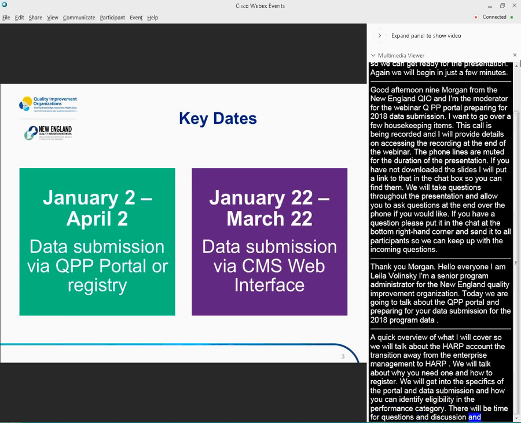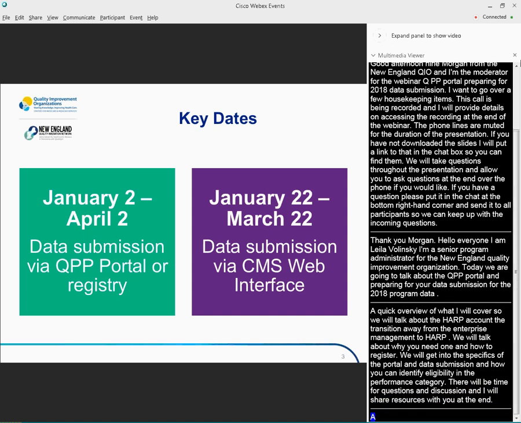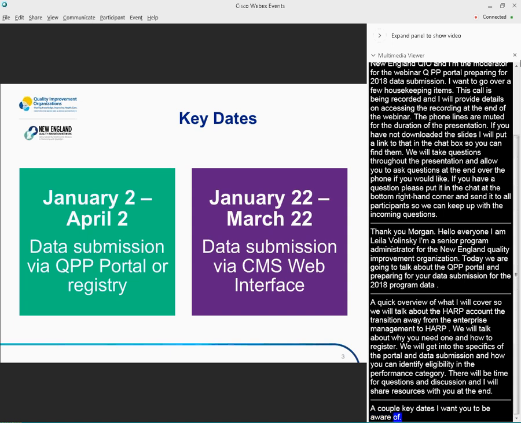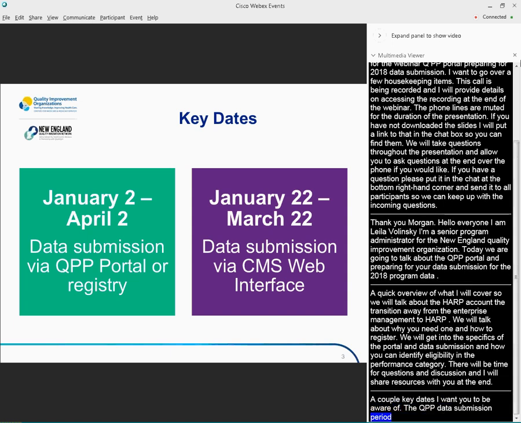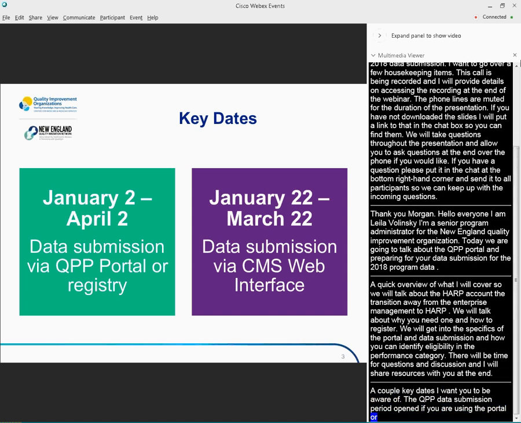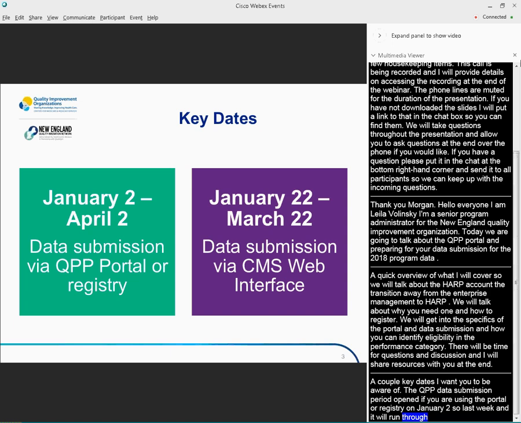A couple of key dates I want you to be aware of. The QPP data submission period opened, if you're using the QPP portal or a registry, on January 2nd, so last week, and it will run through April 2nd. CMS sometimes provides extensions, but at the moment the submission period will close on April 2nd.